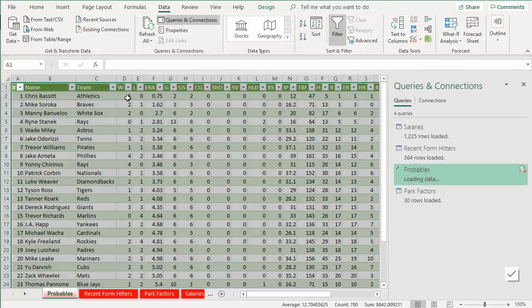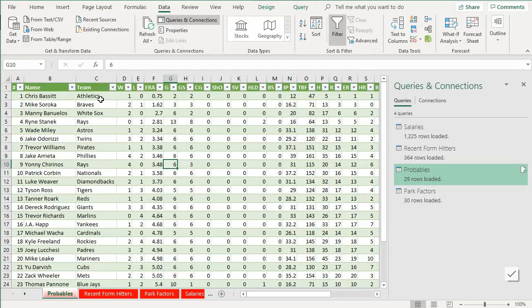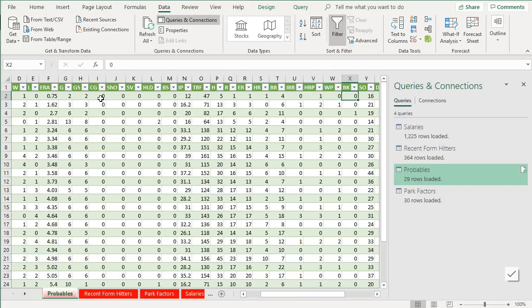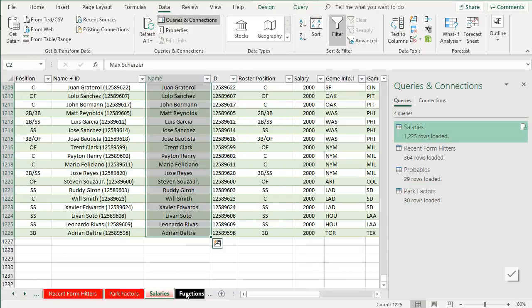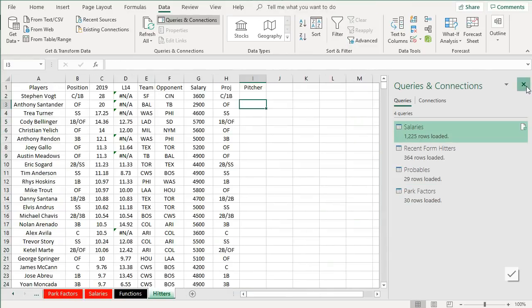And then I also want to remember, if I'm going to trigger off team, I want to count how many columns until we get to the pitcher's name. So this is 1, 2, 3, 4, 5, 10, 11, 12, 13, 14, 15, 16, 17, 18, 19, 20, 21, 22, 23, 24, 25. Again, you guys get the honor of listening to me count. Very exciting. All right. So now if we go back to the hitters tab,